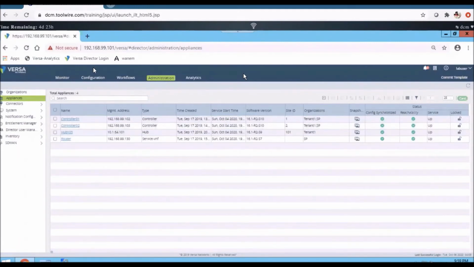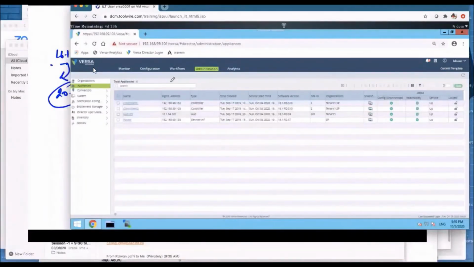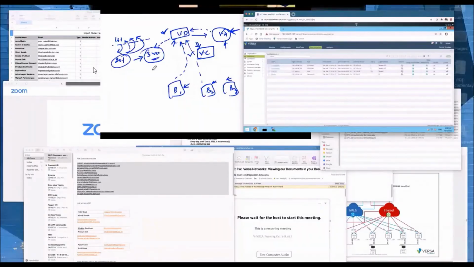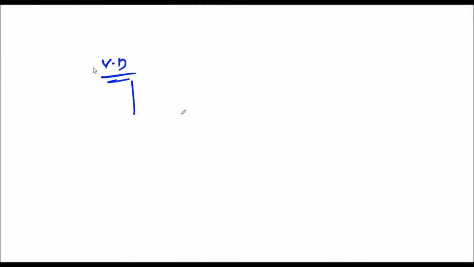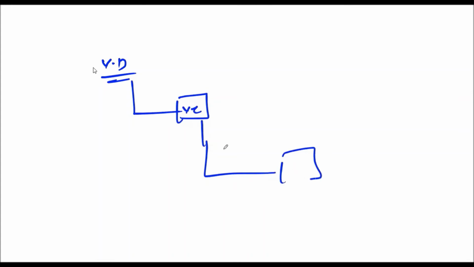So this is what we discussed. What will be the IP on the basis of which it says reachable or not? Yes, it is using netconf. So this is a VD, and with the help of VC, let's say this is my branch one. There is an IPsec tunnel between the VD, VC and branch one.